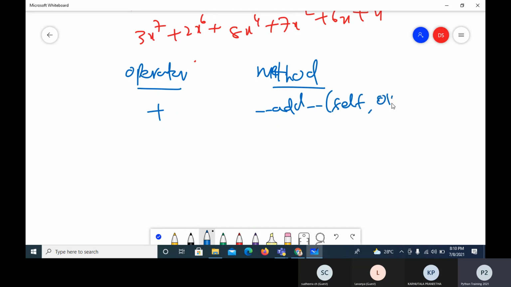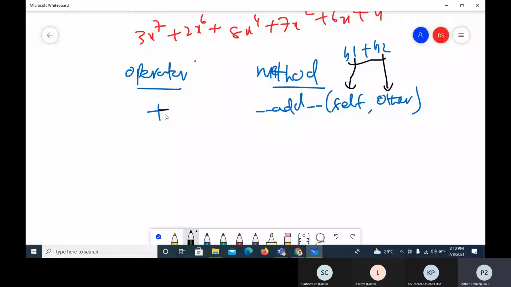So suppose, for example, I say box 1 plus box 2. When I define this method inside the class, and I do this operation, B1 will be self and B2 will be other. Then in this method we can do some kind of addition and we can return.